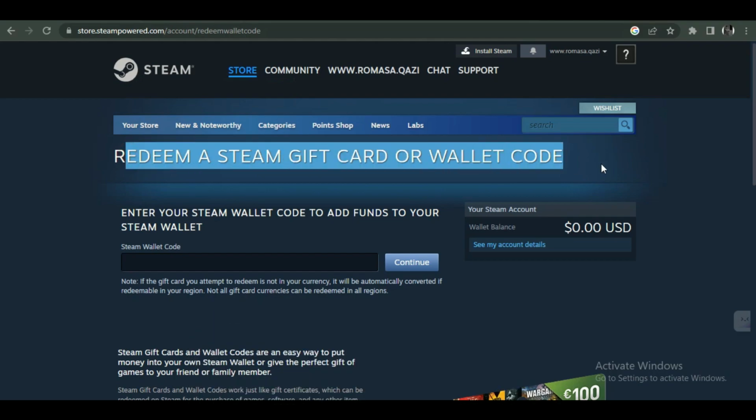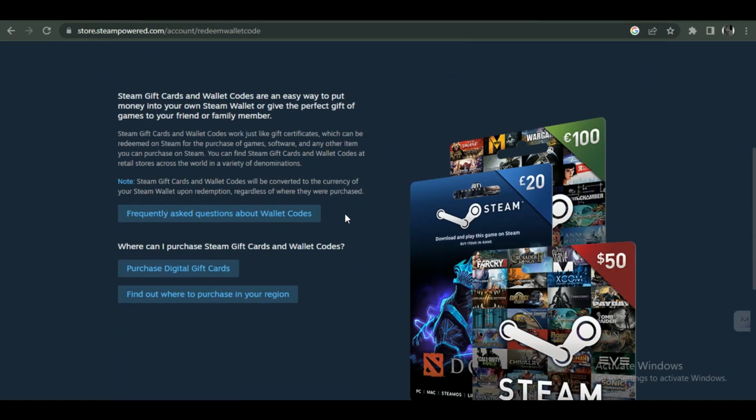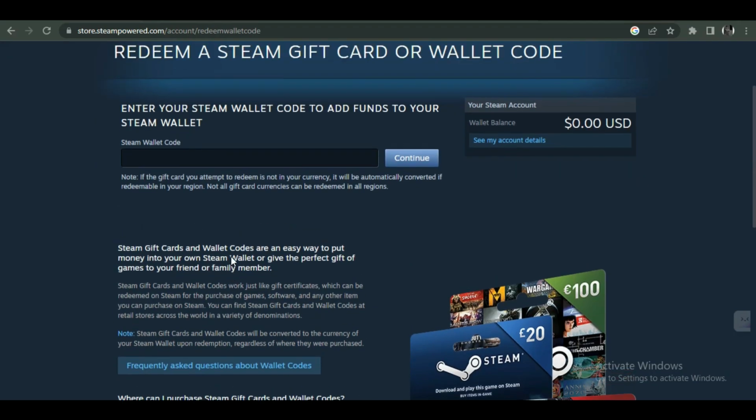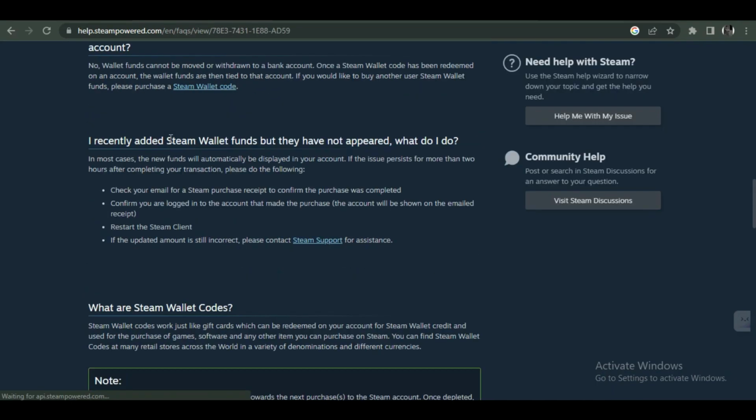Alright guys, so first of all, open up your Steam on any type of browser on your PC and simply log in with your account. After logging in, you'll be redirected to the Steam store. I'm on Steam's gift card redemption page, from where you can redeem your gift cards by entering the code inside the dedicated box. But since we can't read the code due to damage, simply open up a new tab